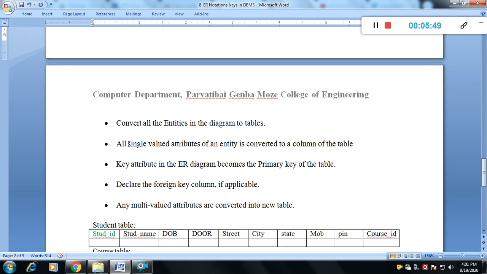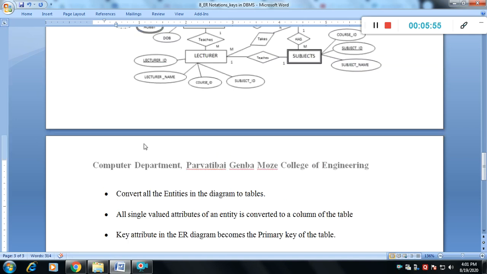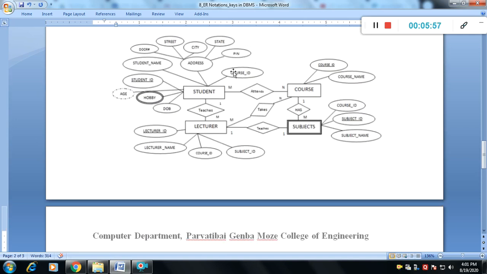Okay. Then every single-valued attribute of an entity is converted into a column of the table. The single attributes like course ID, student ID, date of birth are the columns of a student. Why not address? We may create another table for the address itself, or we can create a student address table containing all parameters related to the address.